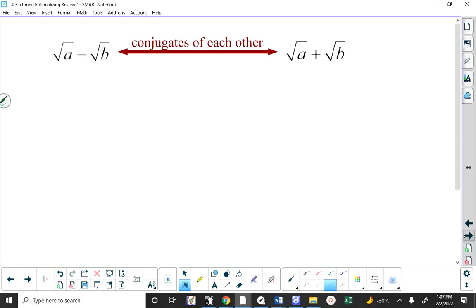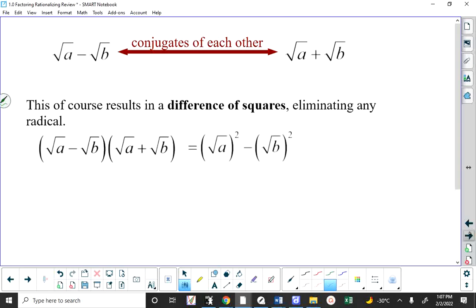Why does this result in rationalizing the expression? Well, if you multiply two conjugates together, you end up with a difference of squares. Now, I could certainly do the following. I could say FOIL,